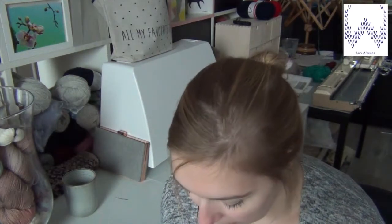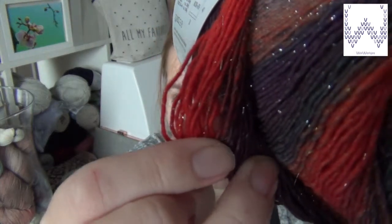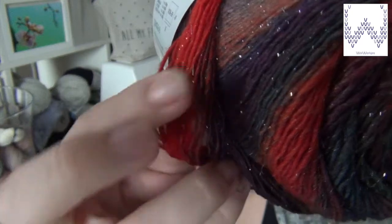Last month I was really annoyed with the yarn I chose, and I think one of the problems was that I wanted to do a textured pattern with the yarn, and that didn't make it enjoyable. This is also a single ply, I think. When I look, you can see it's quite highly twisted, but at the color change you can see that those color changes aren't two strands that are twisted, but it's just the wool that's changing color within the one twist. So it's a single ply, so I'm not gonna do texture, I'm just gonna knit plain vanilla socks, and